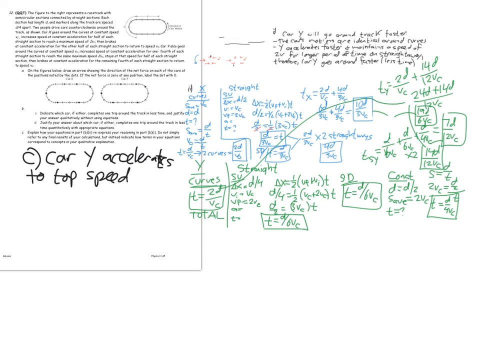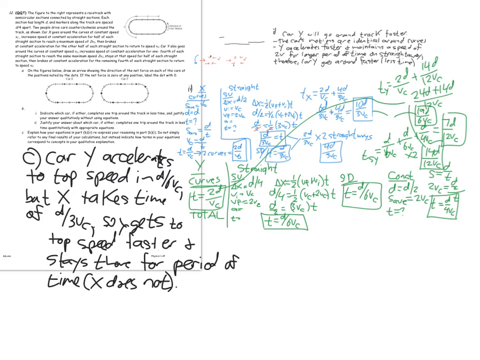of 2VC in a time of D over 6VC. But car X, on the other hand, takes a time of D over 3VC. So Y gets to its top speed faster, okay, and then it stays at that top speed for a period of time that X does not. And then I think you could even say that overall, car Y takes a time of 7D over 12VC on the straight part, whereas car X is going to take a time of